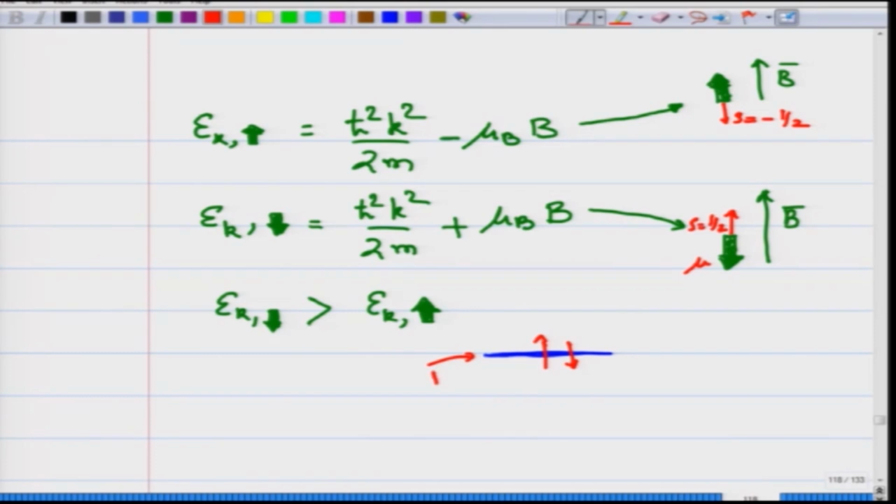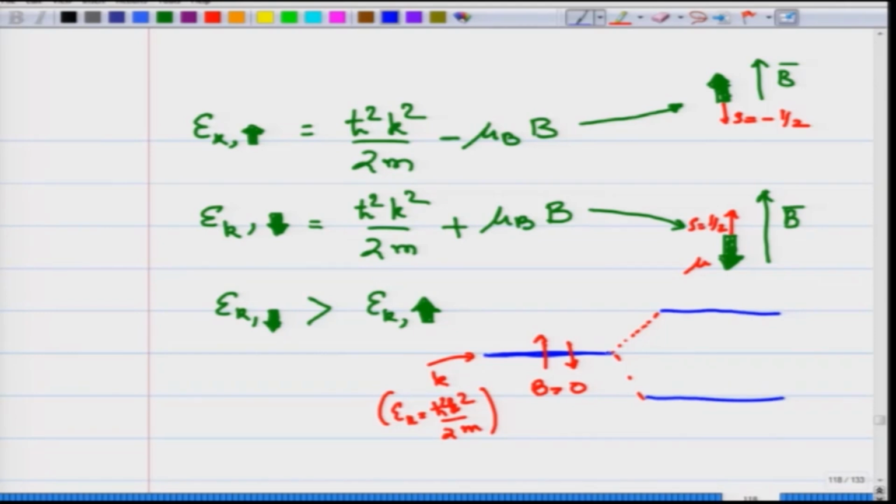So, this is exactly where we had drawn this picture, just restating this. For B equal to 0, the state k has an energy E k equal to h cross square k square by 2m, which is identical for both the spins, because then you do not have this term. But the moment you apply a magnetic field, this state splits with respect to h cross square k square by 2m. This is the higher energy state, this is the lower energy state. With respect to this, this state has energy h cross square k square by 2m plus mu B into B. This is the spin up